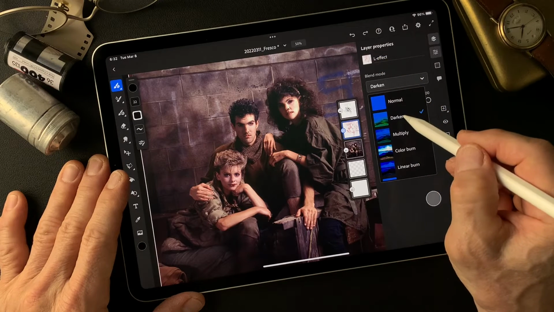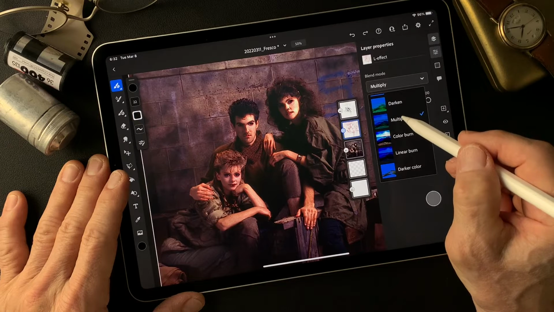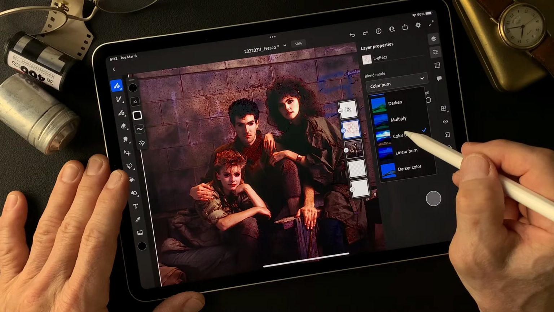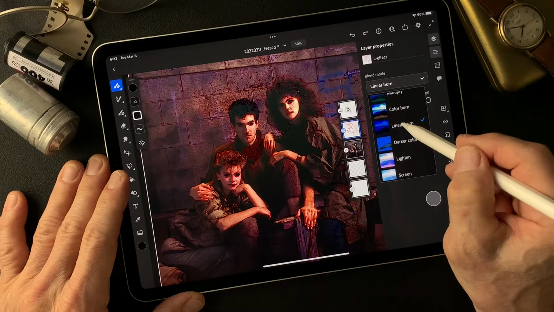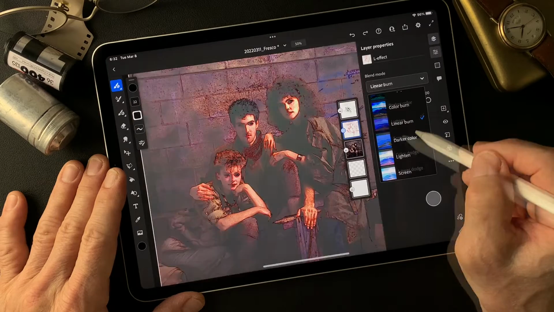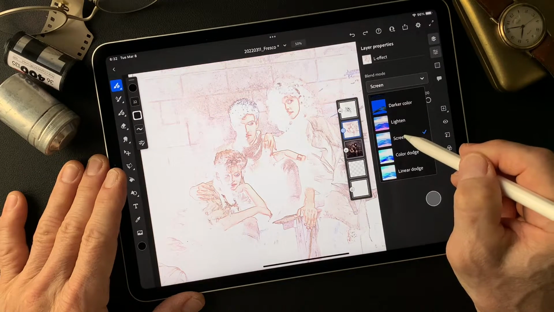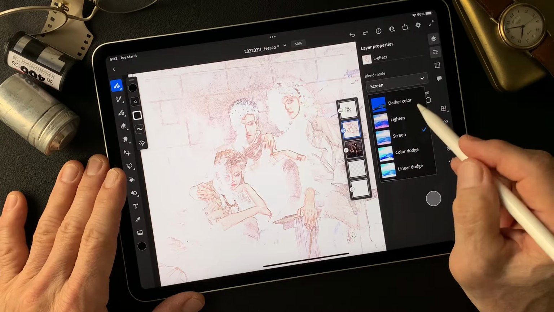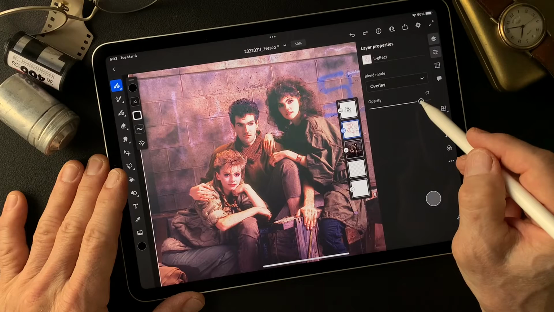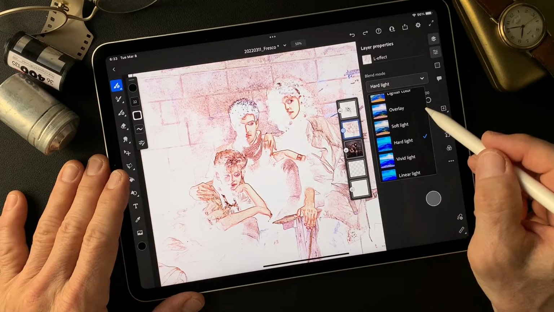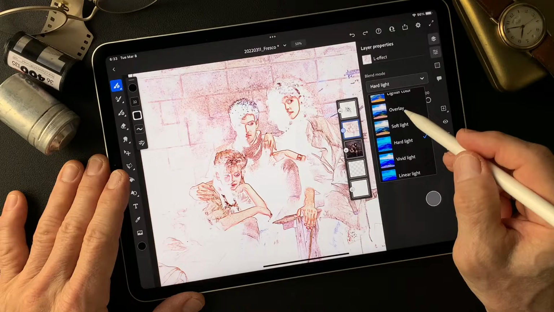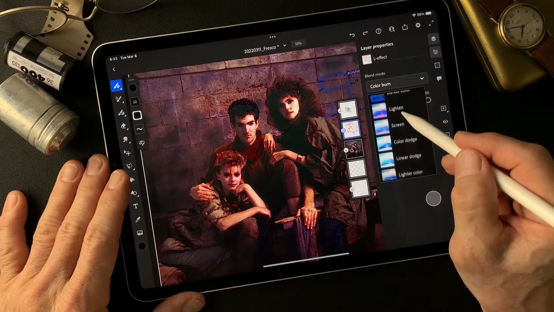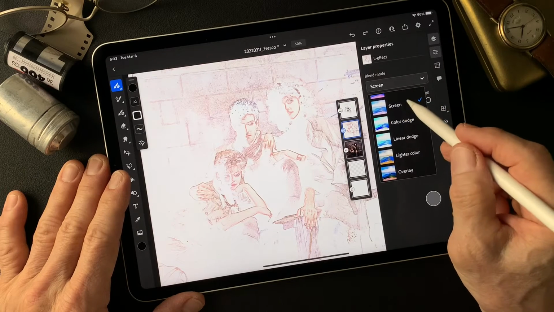Now let's change blend mode: darken, multiply. This is much darker, huh? Multiply, color burn, linear burn. Wow. Screen. That's cool. Yeah, I kind of like this too. Overlay. Wow, hard light. This is pretty cool. Hard light. And which one was that? Screen, huh? Let's see. Screen